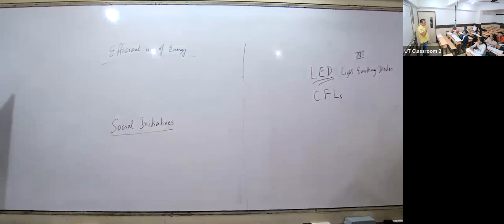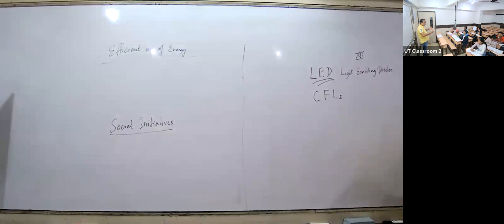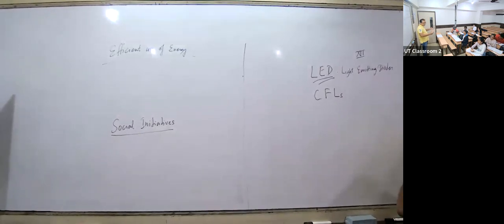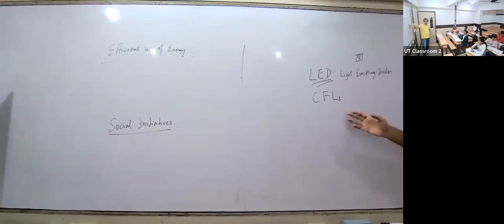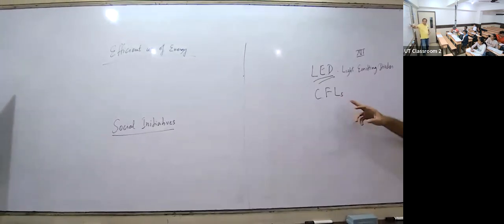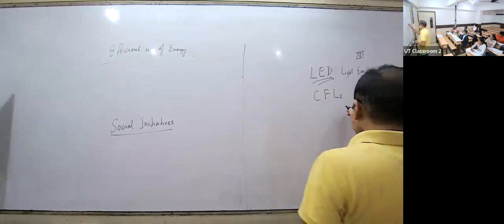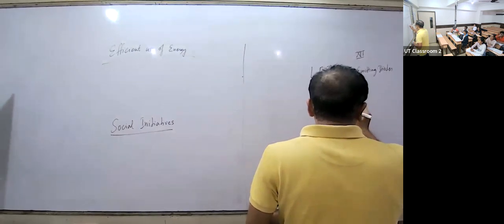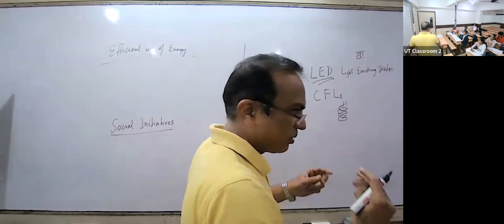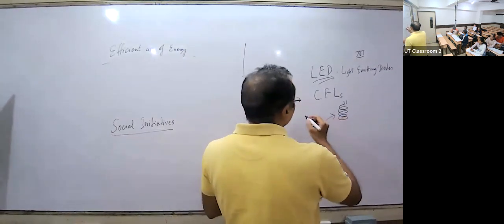But now we don't use it. Why? Because the fluorescent substance used is toxic. It's not good for environment. So is CFL. So we had compact fluorescent lights. पहले तुमने देखा था कि ऐसे वाले बल्ब यूज होते थे शॉप्स पे. So these are compact fluorescent light. वो आँख में भी बहुत ज्यादा लगता है. So it has inside it mercury,